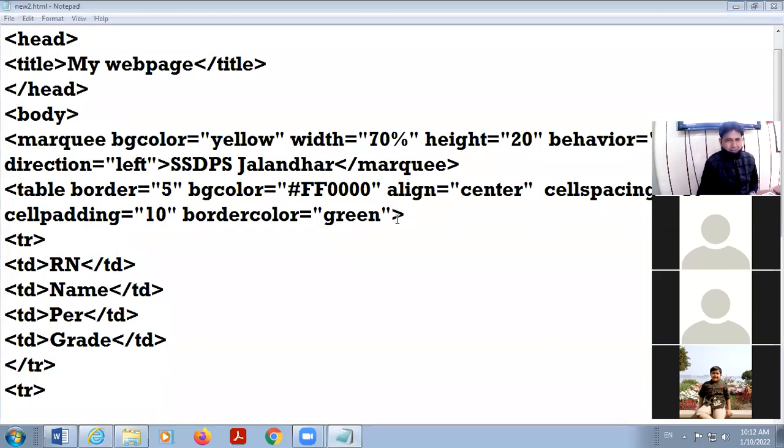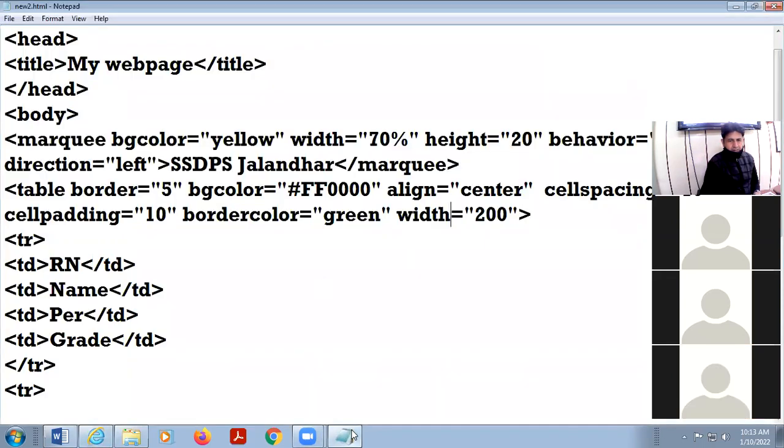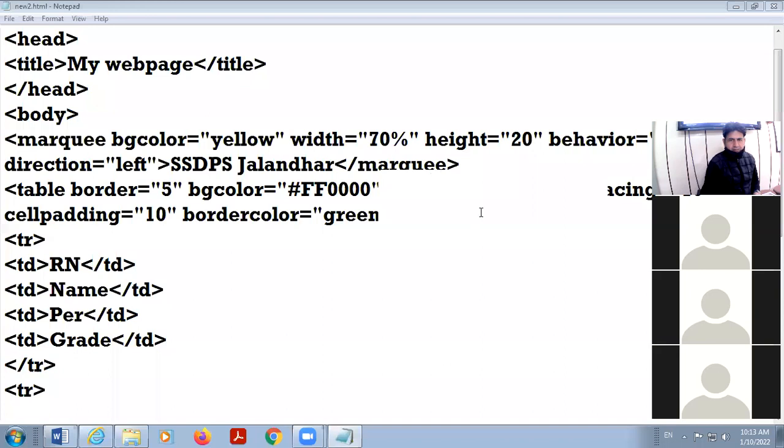Okay, so I am giving here width equal to 200. In case of 200, I am taking width is 300.